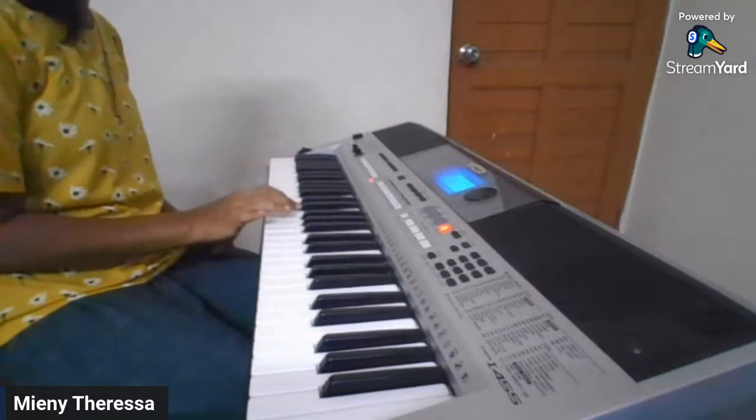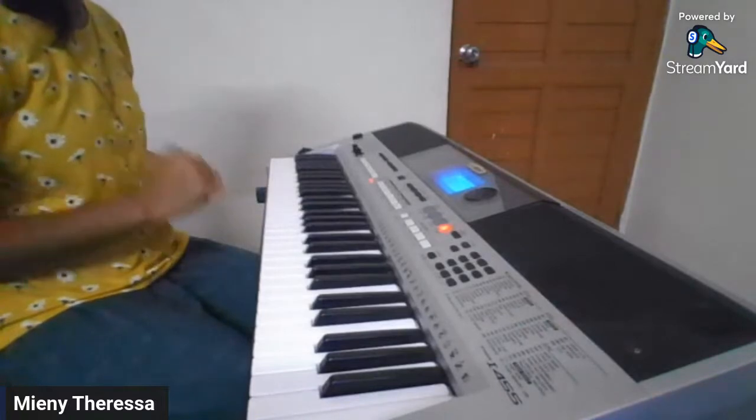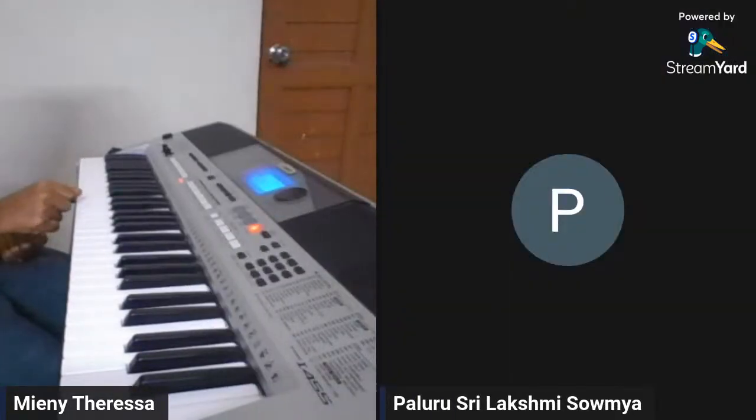This is the first line. Then the second line, it's the same. C, C, D, C, G,